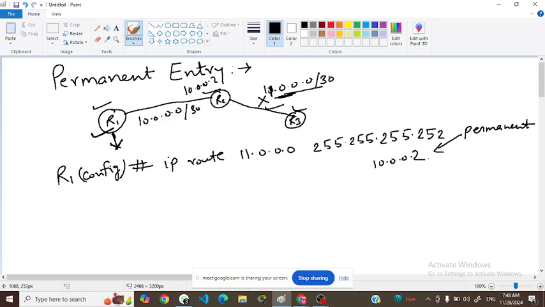Yes, sir. Subhajit, Abdul, if you have multiple routers, say 15 routers, do we have to make permanent all of the entries, or how does that work? Yeah, you can make it. But in dynamic routing, especially in BGP,